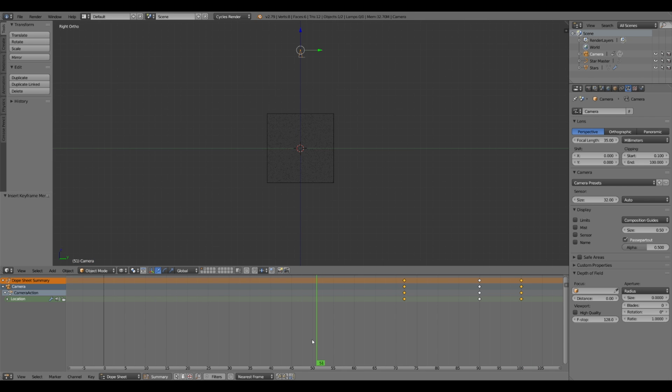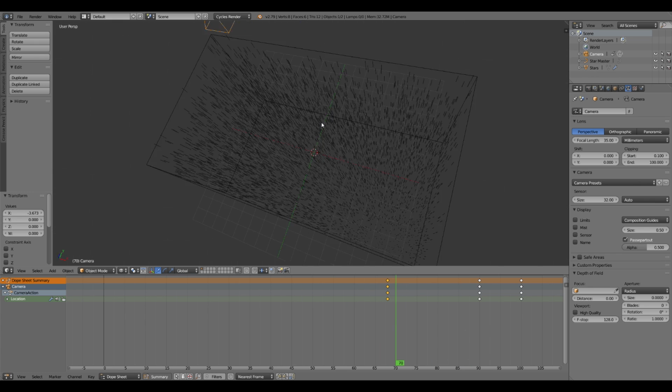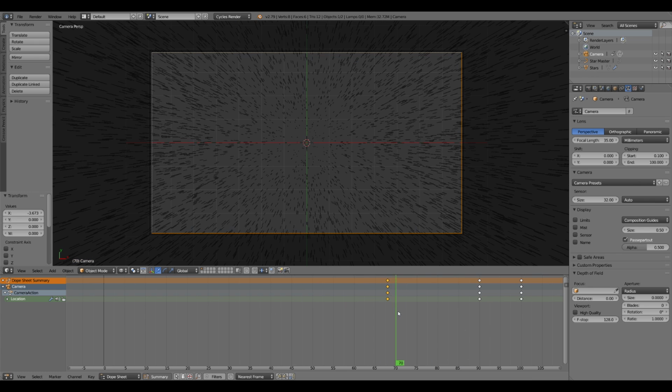Location. So now we got this. The stars grow, camera shoots through. And we can actually move the start of that camera move even further. Okay, so there's that. Now one other thing we want to do is, as that camera move does that little